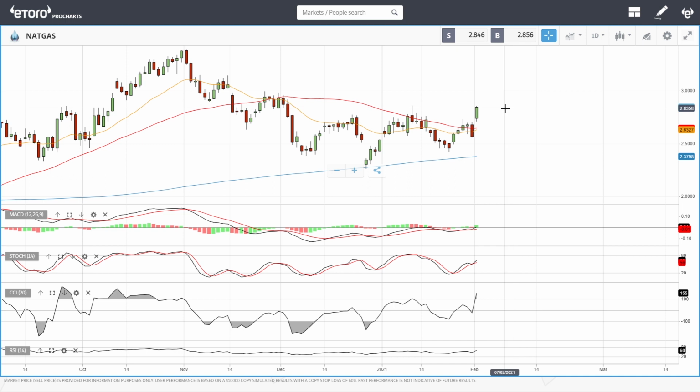So demand for natural gas explodes every single time there is bad weather, especially when it gets really, really cold. So we could head towards 3, depending on how long these conditions last. And if this only lasts for a very short period of time, we could see this very well tumble back to the downside.